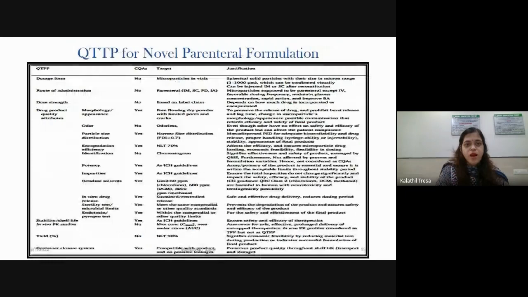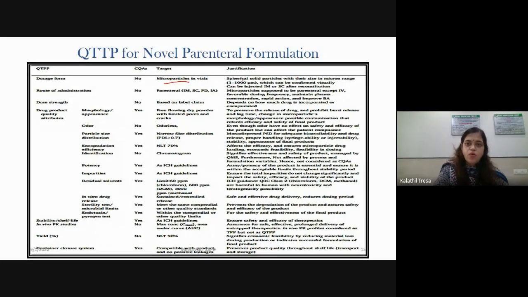Now we'll see how it is different for your parenteral novel formulation. So basically this is a novel parenteral formulation of microparticles. There is no reference listed drug, so for dosage form you have decided it has to be microparticles because of the drug properties.